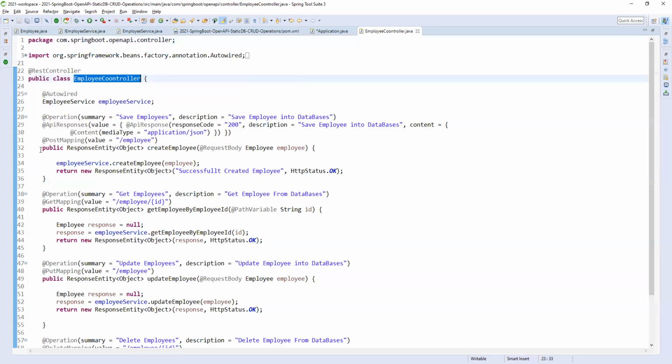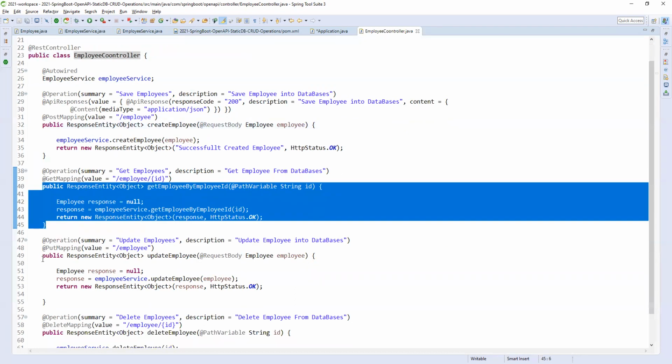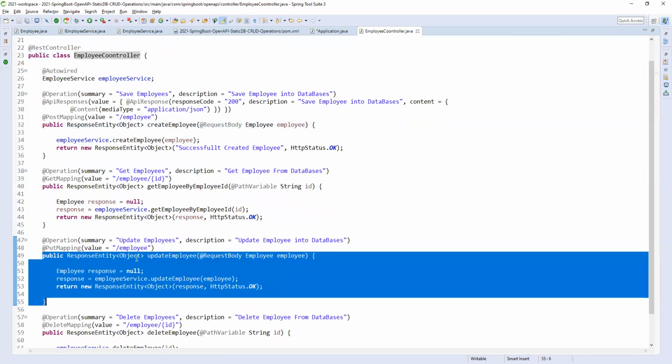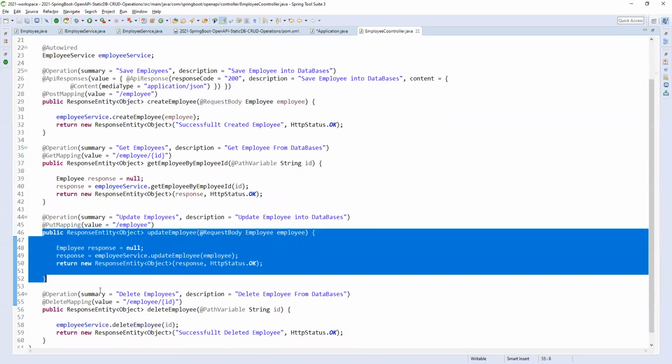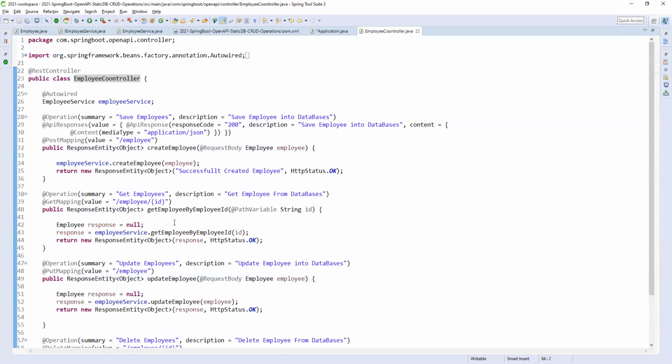After that we have a create employee, a get employee, an update employee, and a delete employee. If you see here, for /create-employee, I have given create employee only, but where am I defining what this API is? Here I'm giving @Operation.